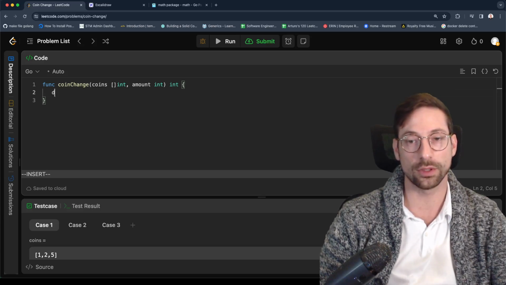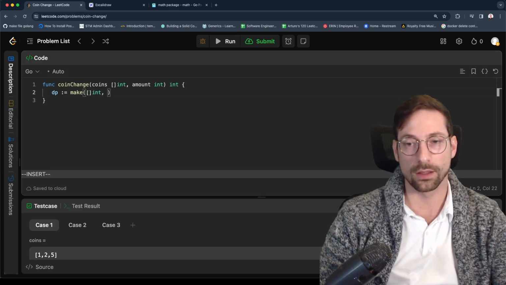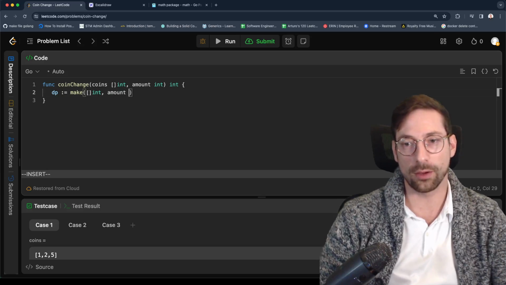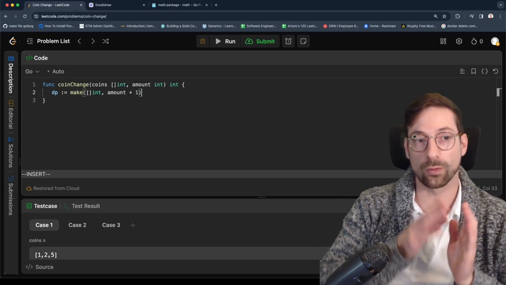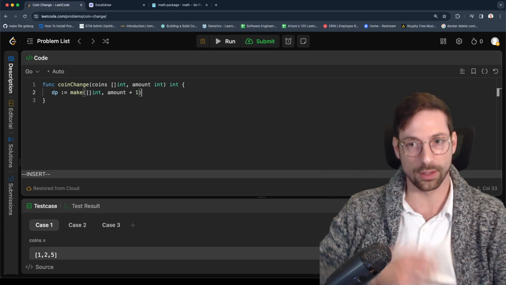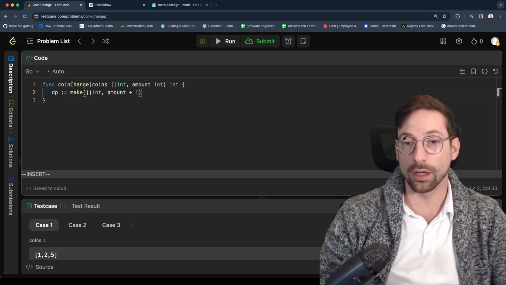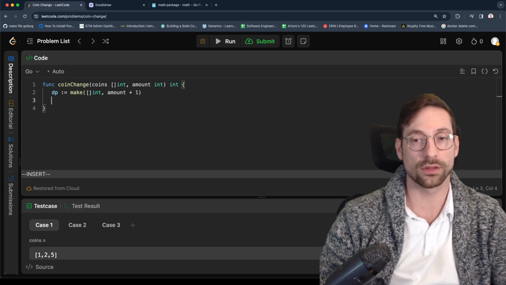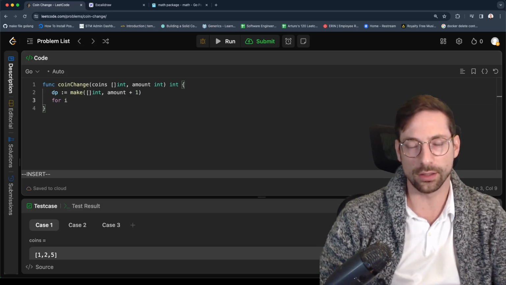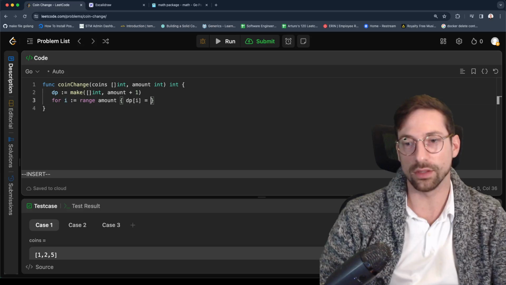I'm going to be doing the following. dp, I'm going to initialize my slice to a slice of integers. I'm going to put a length of amount plus 1, because remember, 0 doesn't account for all the coins. We'll have to put all the way from 1 to 6 plus the 0 index, therefore amount plus 1. The next thing that we want to do is put the infinity inside of the slice. So I'm going to do for i, I'm going to range through the dp. I'm going to do dp[i] is equal to